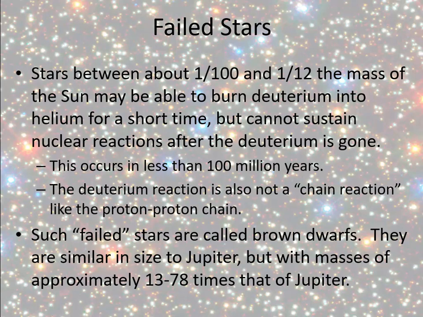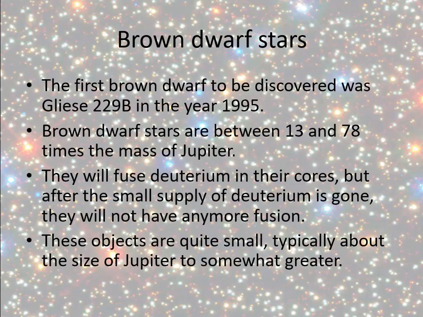gone, that's it. In fact, with stars that start off between about 13 and 78 times the mass of Jupiter, that process only takes about 100 million years. So once the deuterium's gone, it's gone, and then you just go back to being something almost kind of like a really massive planet. So the first such object to be discovered was the star Gliese 229b that was found